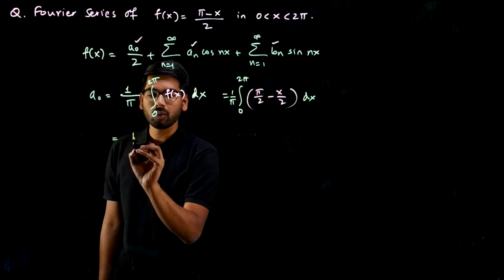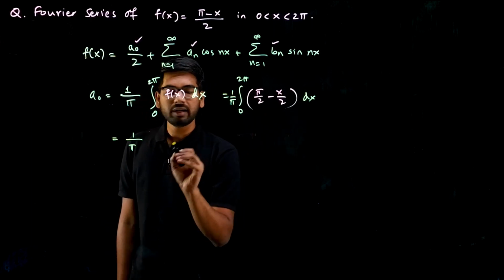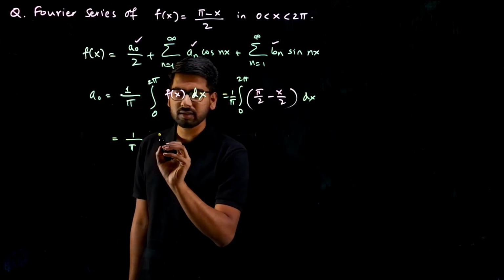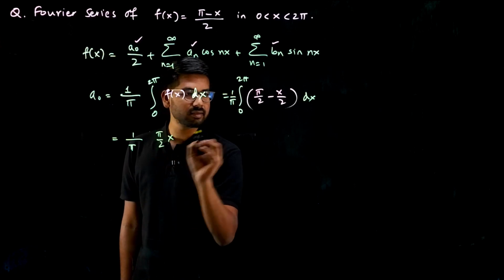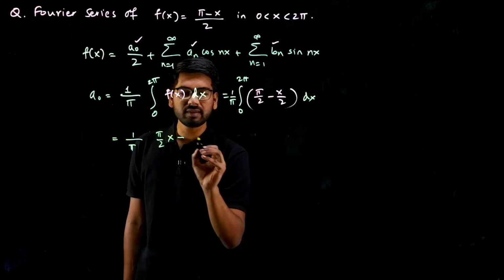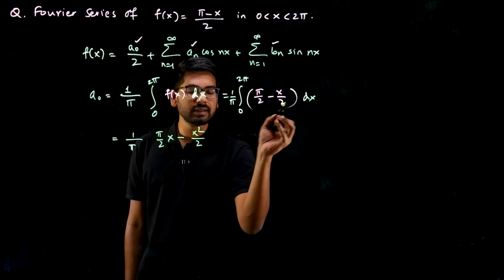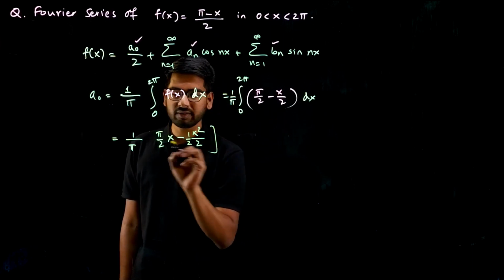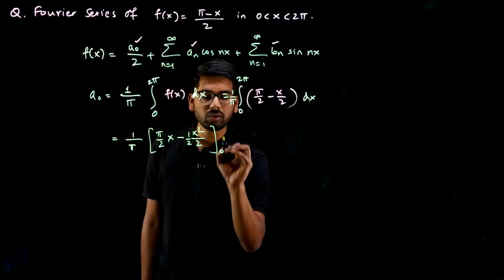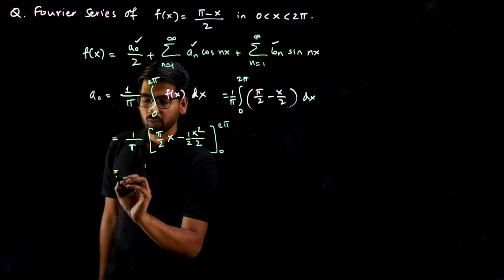So what will you get? 1 by pi as it is. Integration of pi by 2, integration of constant is pi by 2 as it is into x, minus integration of x is x square by 2 and this 2 as it is. Okay, this is from where to where? From 0 to 2 pi. So what will you get? 1 by pi,